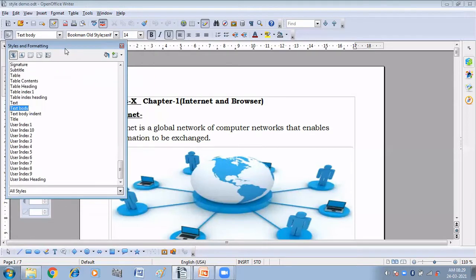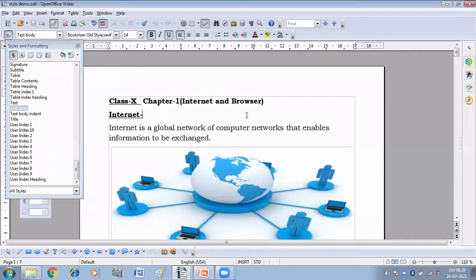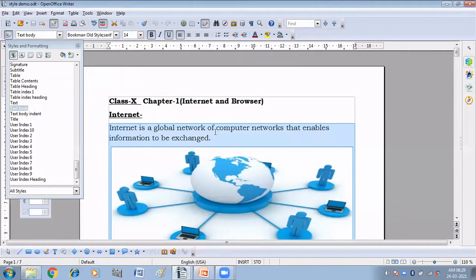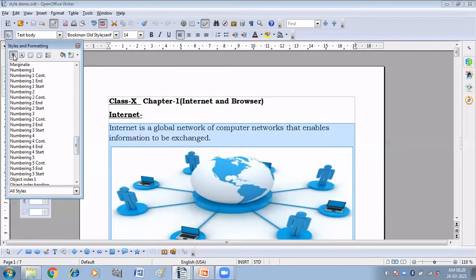First we are using the paragraph style. So what you will do, just click on the text, okay, and then you can apply any style that you want here. It is your choice. So I am here clicking on the default paragraph style. Double click on this.